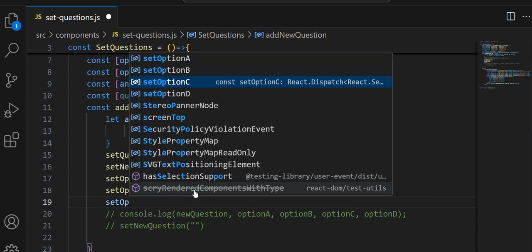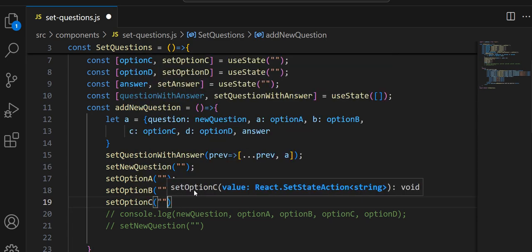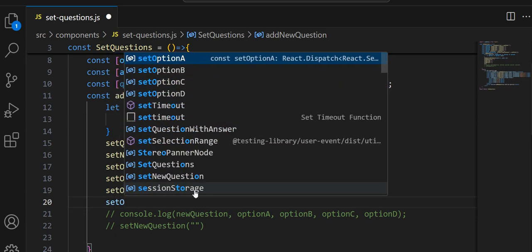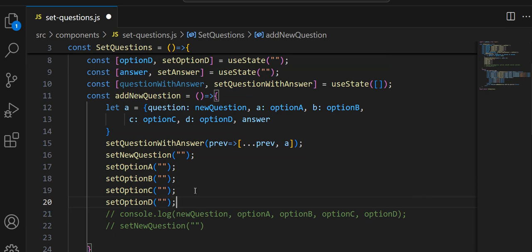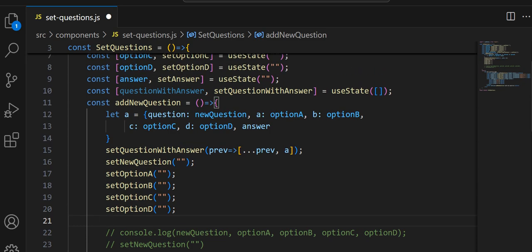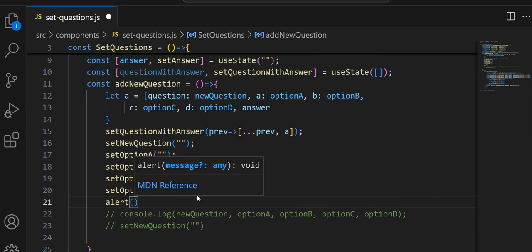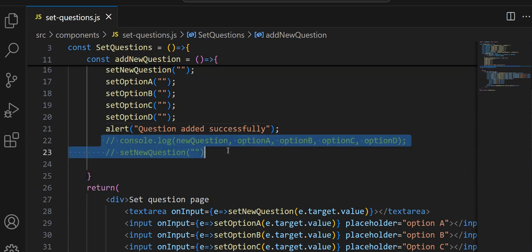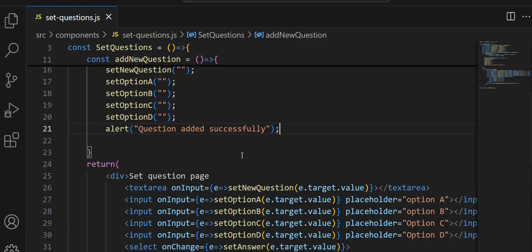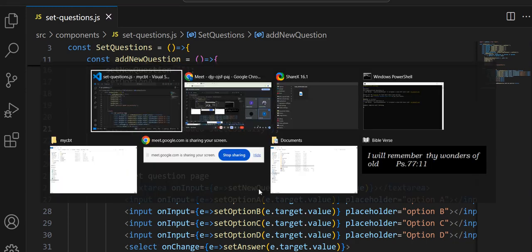Set option C like this. Set option D like this. Then I think maybe "question added successfully", but you can use an alert to do that. Alert question added successfully. Okay, so let's add a new question. Oh, next is